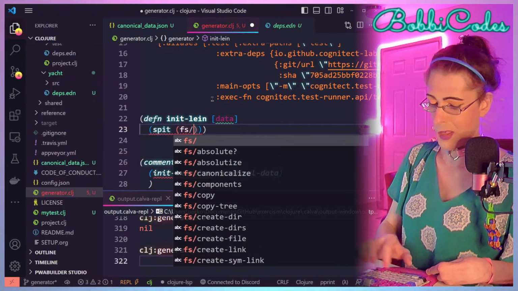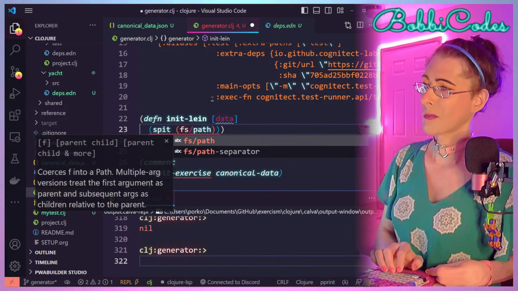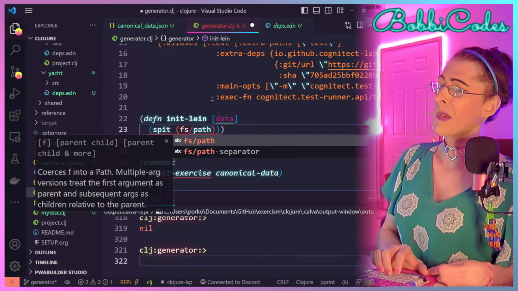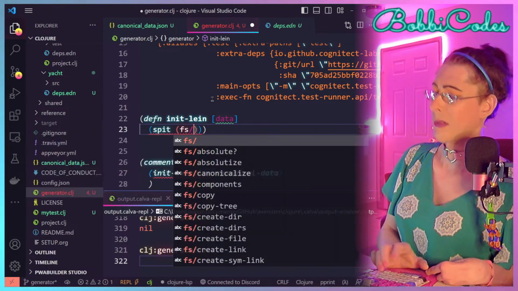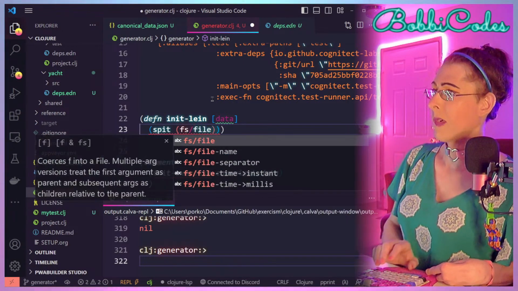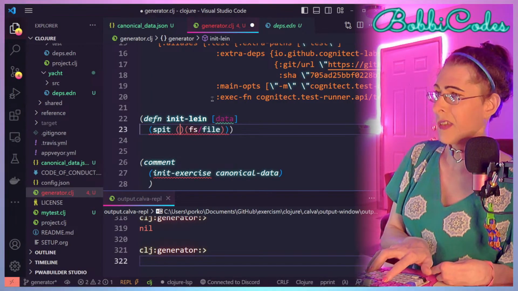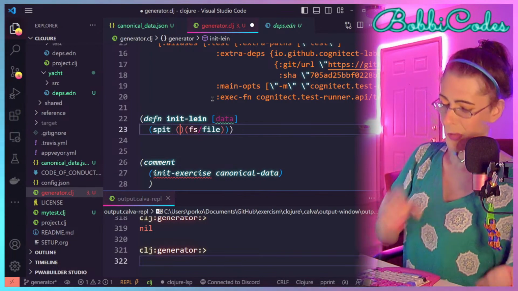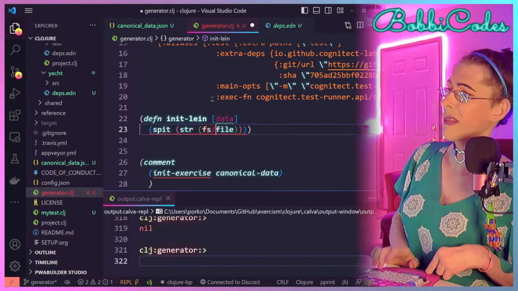So an fs path. No, it's gonna be a file again. And more specifically, I think there's another way to do this, but I don't know. I think that's fine to just use string for that.